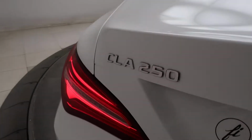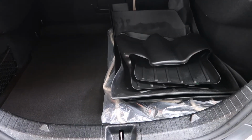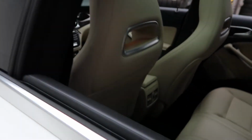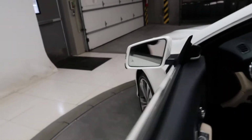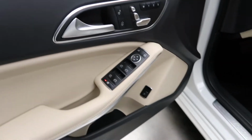On back, CLA 250 4MATIC badging. Open up the tailgate. Clean set of all-season and regular floor mats. Premium 1 package with blind spot assist, Harman Kardon sound system, memory seats, power windows,